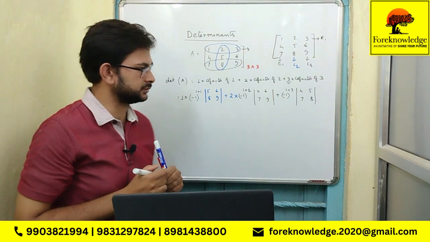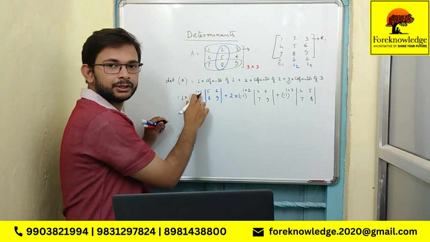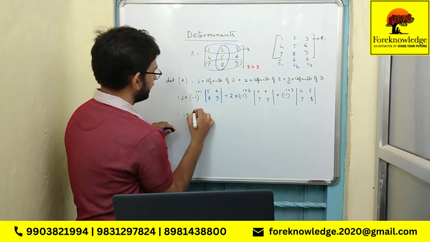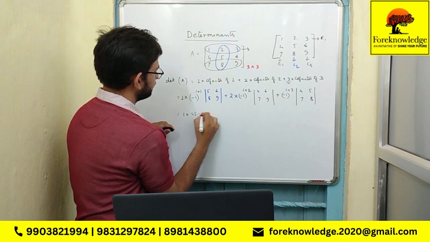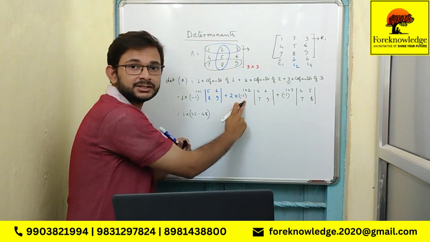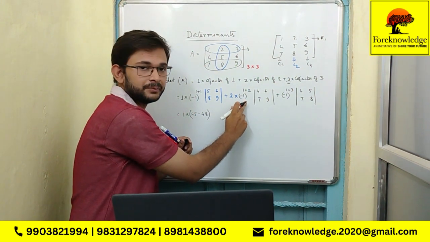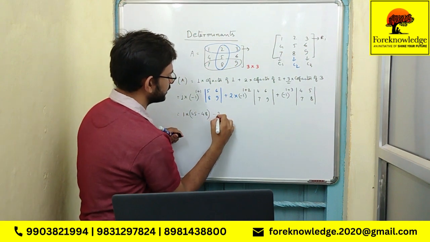Calculate. Simple. So my 1 into minus 1 to the power 2, that is 1. 5 into 9, 45, minus 8 into 6, 48. Plus 2 into minus 1 cube, minus 1 whole cube. Minus 1 whole cube means minus 1. So minus 2 times